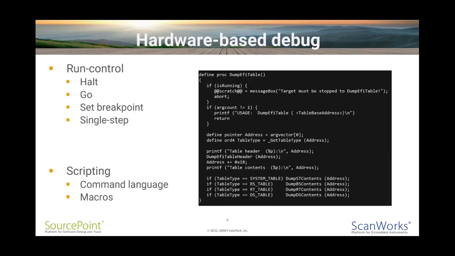Some people often express this application as hardware-based debug, JTAG-based debug. Run control is the typical thing you hear: halting the system or halting the processor, go, putting it in a running state again, setting a breakpoint, single stepping through the code. And often on any good debugger, sitting on top of the visual representation of these commands, halt, go, setting breakpoints